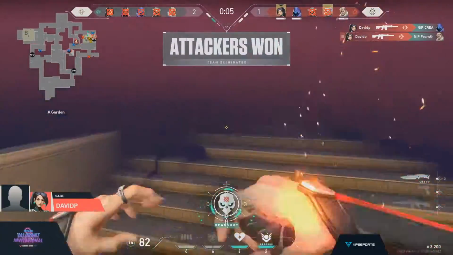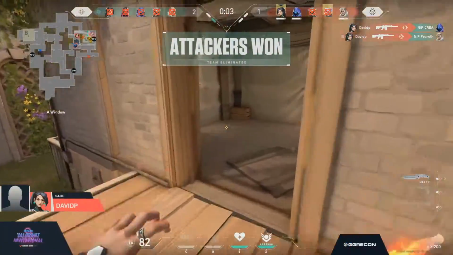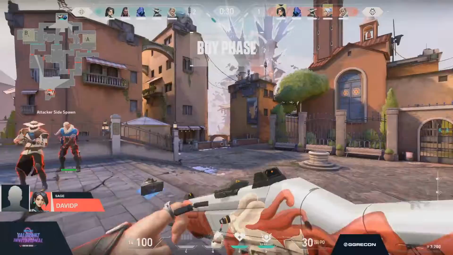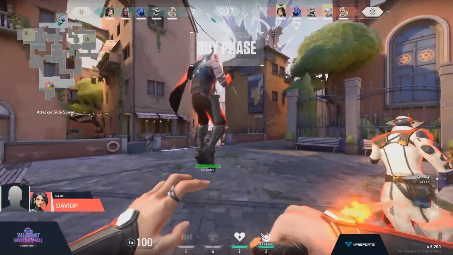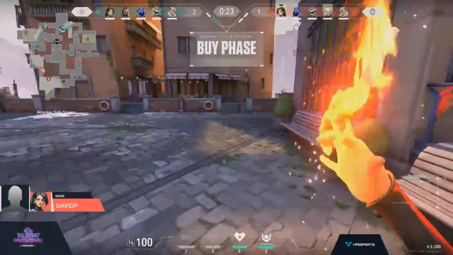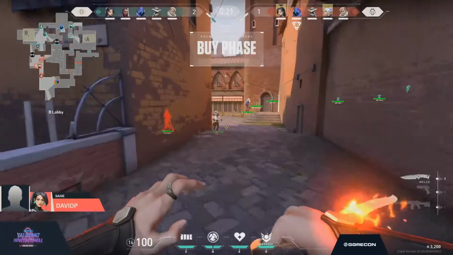It'll be Fearoth and Kriya. Over the top of the smoke goes the Owl drone, but it doesn't matter. David P sneaks inside that dark cover and will get the last 2 on the round. And G2 strike with the first buy round, finding success. So now this is where we're going to